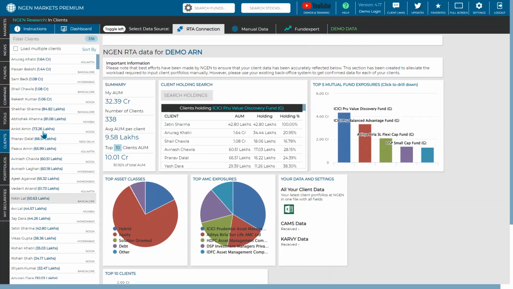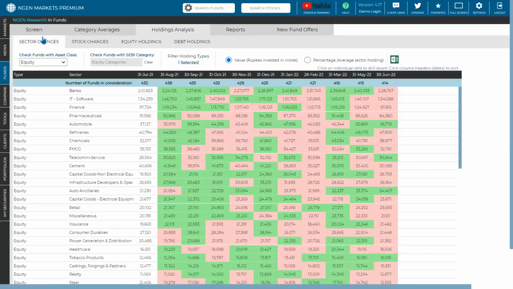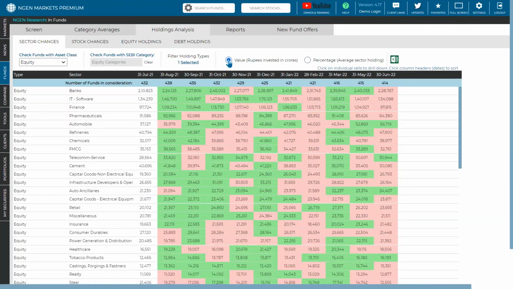So I'm going to repeat it again, because I've got a chat box message where it seemed like we have gone too fast on holdings analysis. So just for review purposes, sector changes help you to know what the changes in the sector are, based on all the mutual funds' holdings altogether, based on the percentage average holding and the value in rupees invested in crores.